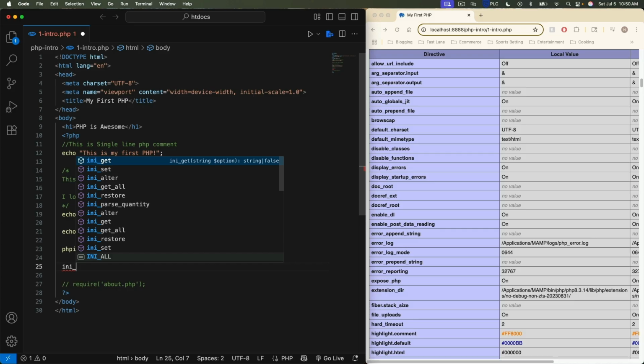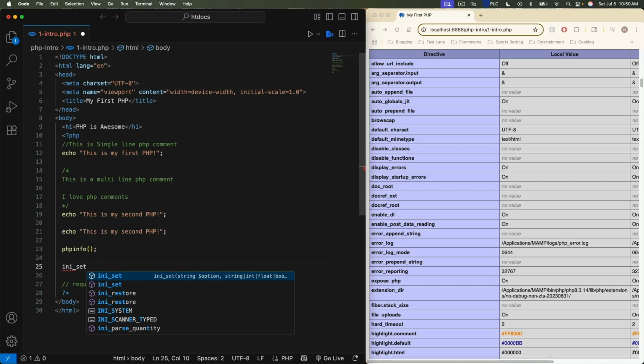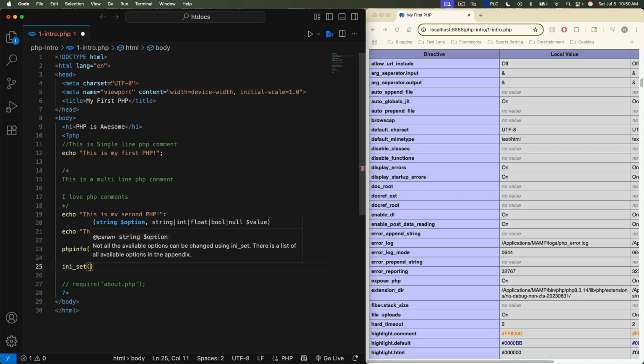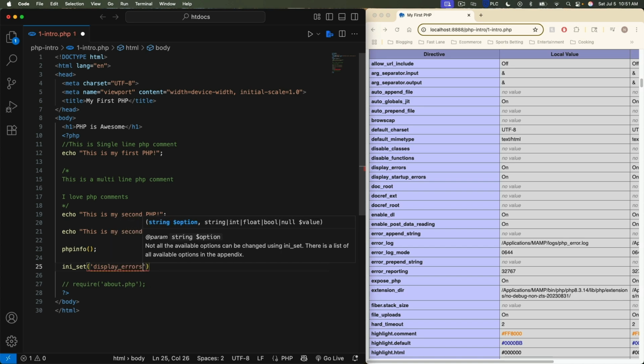Okay, so ini underscore set, then your parentheses, and then we're going to put some quotes, and we're going to say display underscore errors, and then a comma, and then to turn it on we want to say number 1